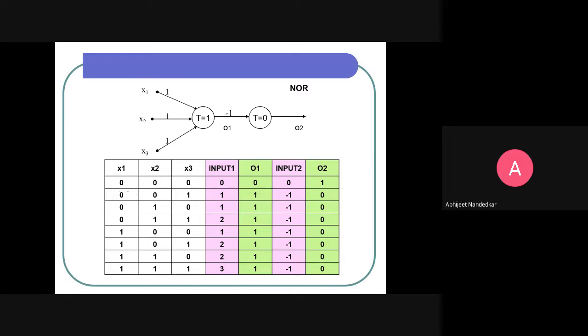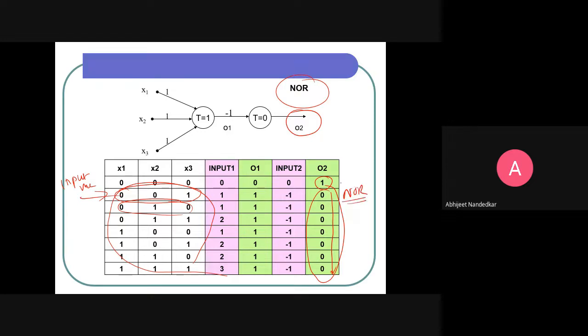If you take one by one all these combinations, so this is now my input vector, next input vector, then I take this input vector and calculate all these outputs here for every combination. Now this is the NOR logic. So whenever all inputs are 0, I will get 1 as my output, and for all other combinations, I will get 0 as my output. So this is a NOR logic.